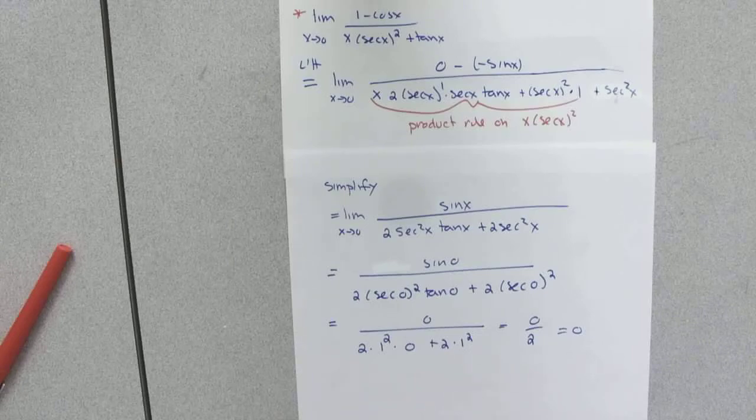Like, the derivative of e to the x is e to the x is e to the x. Taking the derivative of e to the x doesn't change anything. Derivative of sine is cosine. Derivative of cosine is negative sine. And so there are L'Hopital's problems where L'Hopital really doesn't help. And so if you find yourself where things don't seem to be getting better, or the problem doesn't seem to be changing that much as you do L'Hopital's, that might be an indication that L'Hopital's is just not working for this problem. That it's not going to solve every 0 over 0 problem, but it does help a lot of